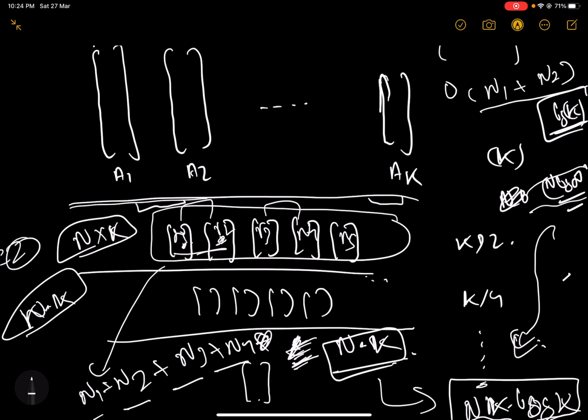You have n arrays of size 1 each, so the time complexity will be n into 1 into log of n, so it is n log n.